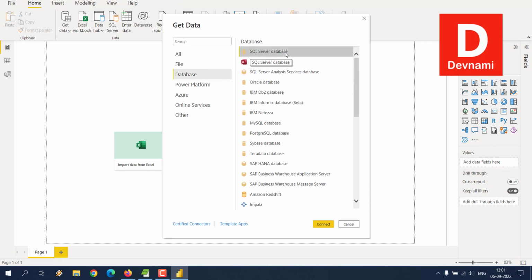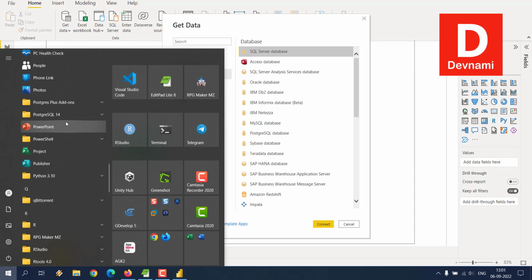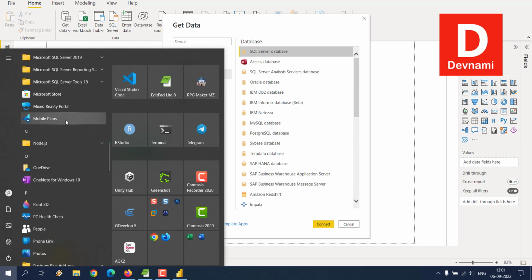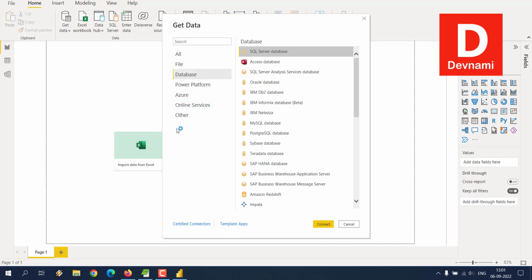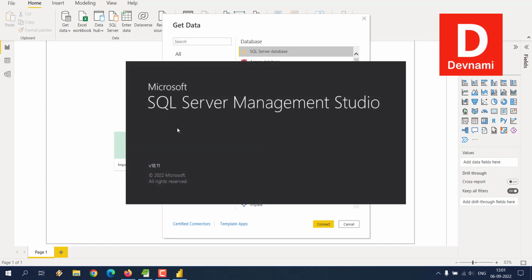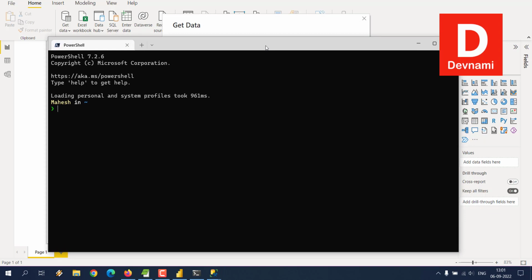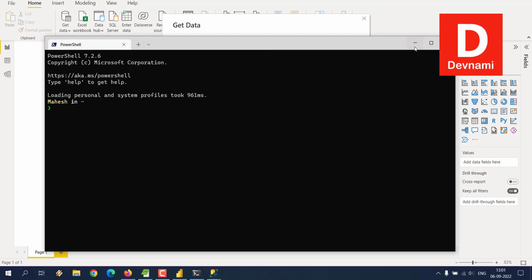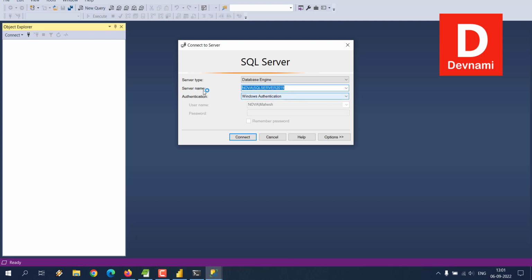Now before we do that, we'll have to run the server. So if you have SQL Server on your desktop, you can open SQL Server Management Studio, right? And then you can start the SQL Server. Also make sure to open a terminal or PowerShell so that I can show you one command that you can use to get your server name, right? So as you can see here, you have your server name. You'll have to copy this,